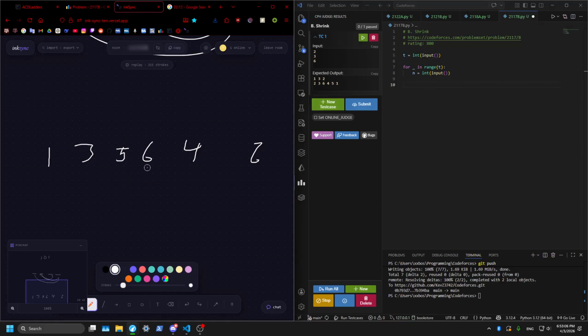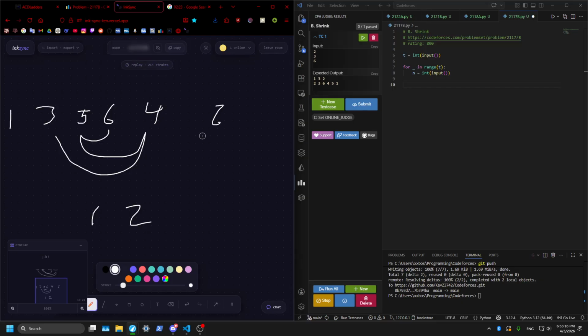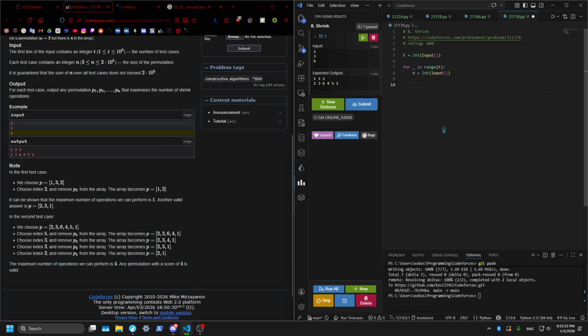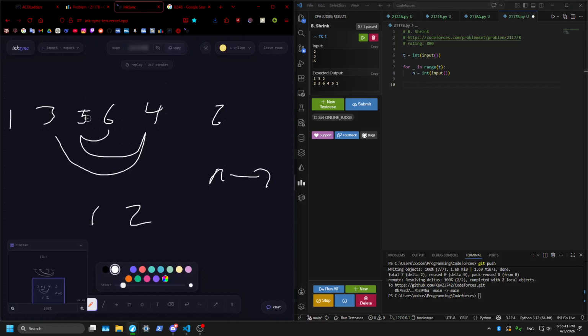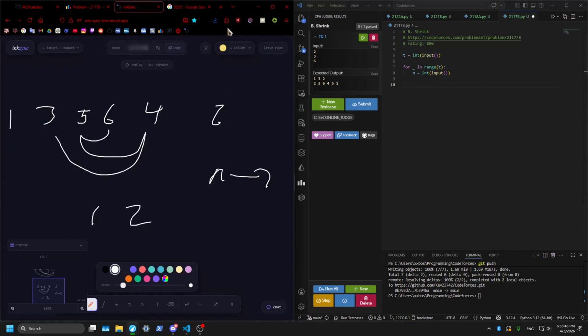Wait. Pop and pop, pop. And then we're down to 1, 2. So it's always going to be n minus 2 operations, which means we can just, actually 4. Yeah, we do 4, right? 1, 2, 3, 4. Yeah, I think that's correct. So we just need to implement this, which is